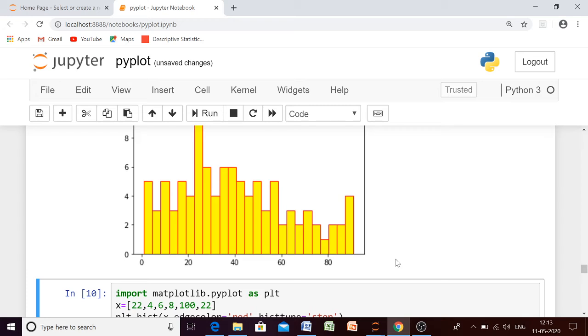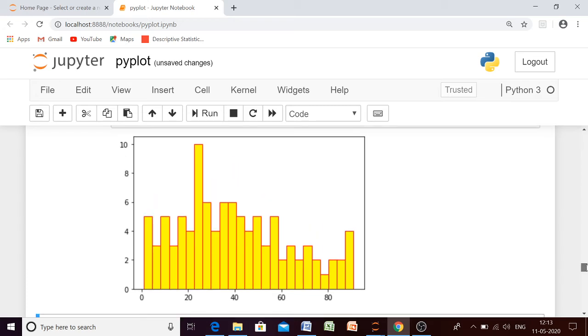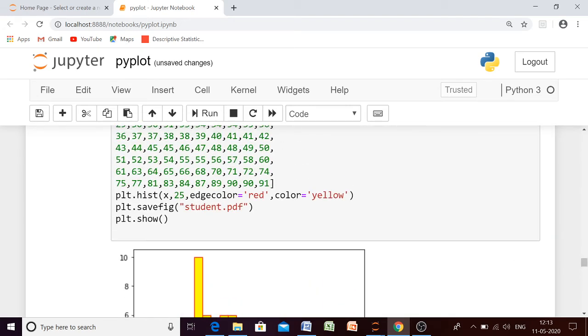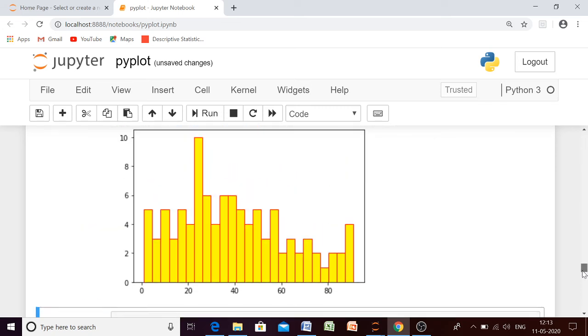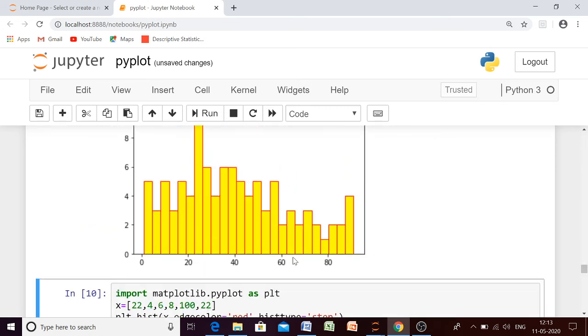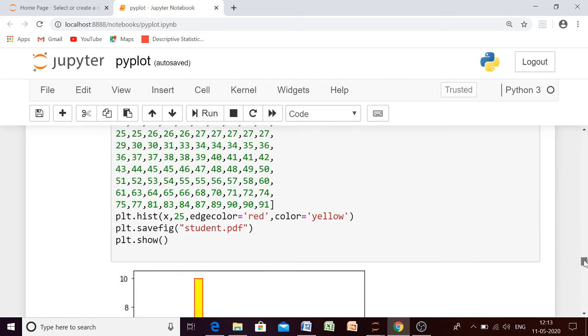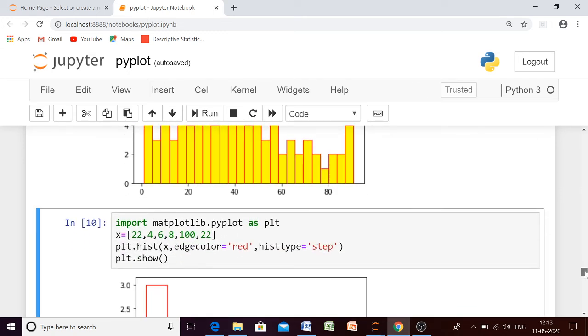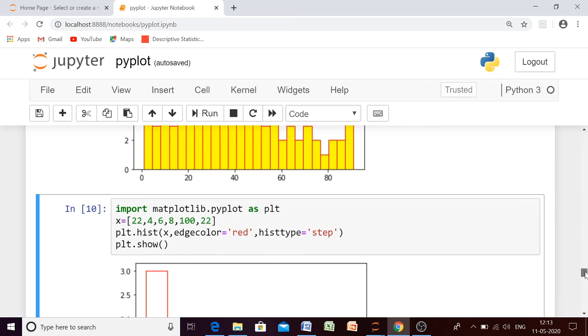It was showing an error because I had already saved student.pdf under my E drive, so I have changed the location. So the number of bins, the number of intervals, will be 25, and in these ranges our data will be distributed. So this was about the histogram.